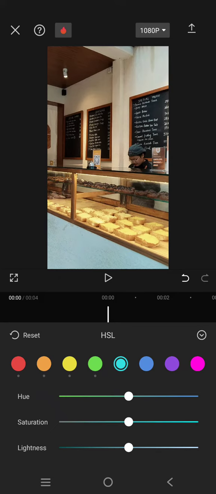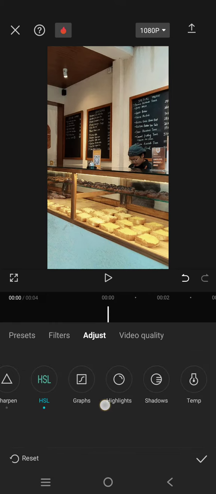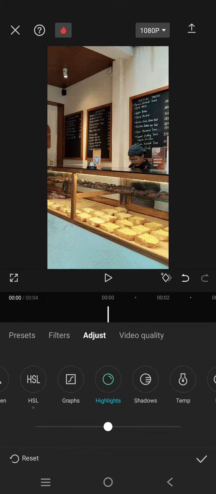On the light blue, set the hue to -20 and saturation 15, then the lightness -10. Lastly, on the blue color, set the hue to -25, saturation 20, then the lightness -5. Go back and now find the highlight and lower it to -9, shadow 7, then the